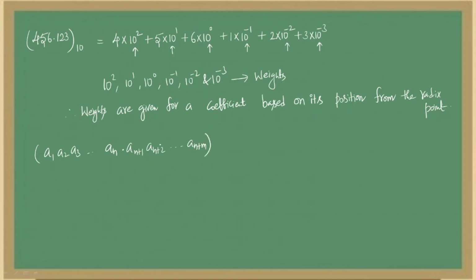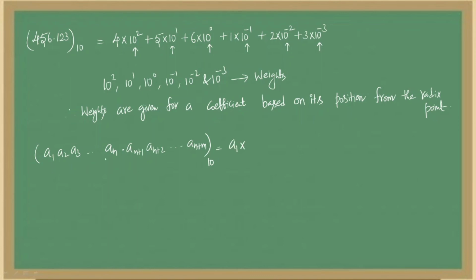I don't know how many digits will be there before and after the decimal point, I am just assuming like this, so that the mathematical equation which gives us this value in a decimal number system is